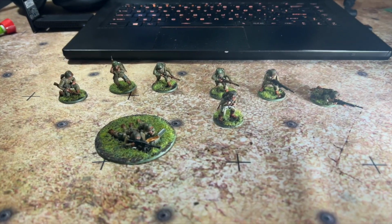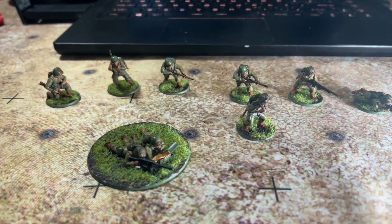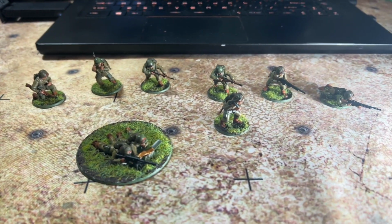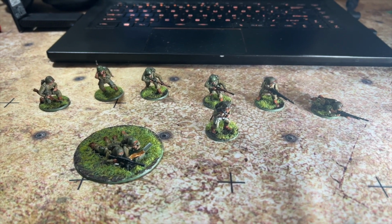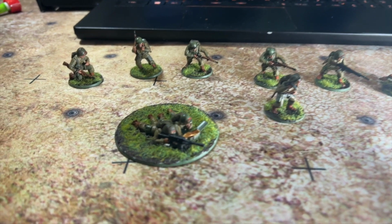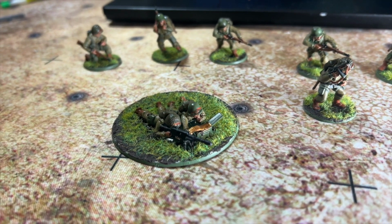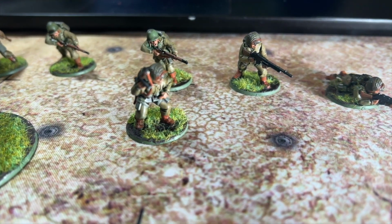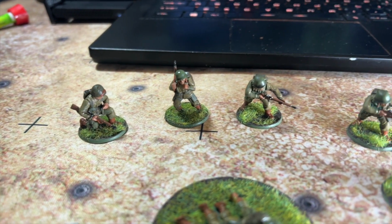So all right, here it is, guys, my first squad and the 30 cal done for Bolt Action US Airborne Rehab. So most of these, again, were painted in olive green, and I went with a closer approximation of the M1943 uniform. Here's the 30 cal. I'm going to put some grass tufts on there to kind of obscure them a little bit more. We have the NCO right there. And then in the back, we have riflemen